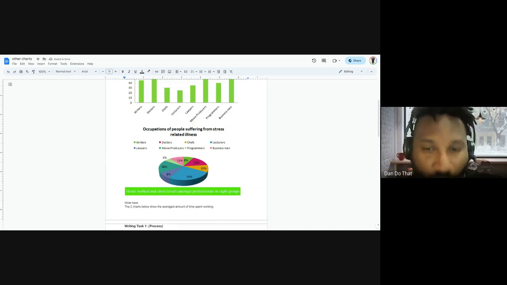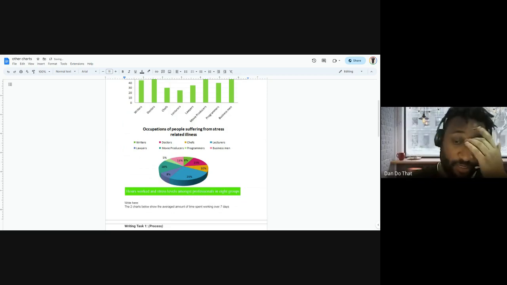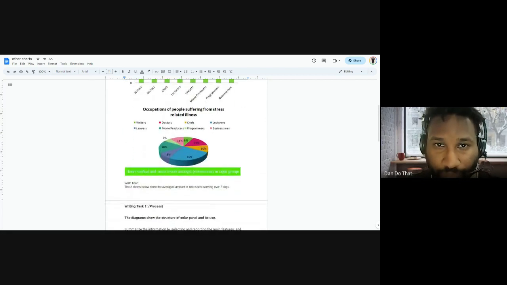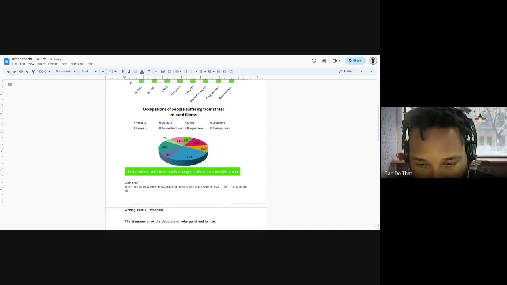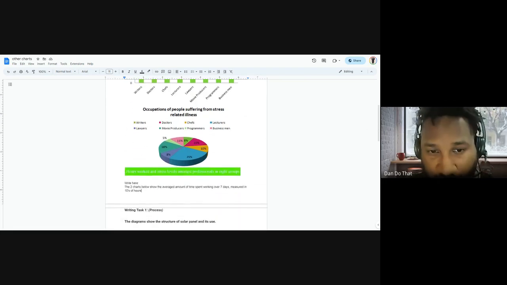We say over 7 days. In 7 days from week. Okay. Measured in tens of hours. Again, that's the measurement on the side, 10 hours, 20 hours, 30. So it's measured by tens of hours